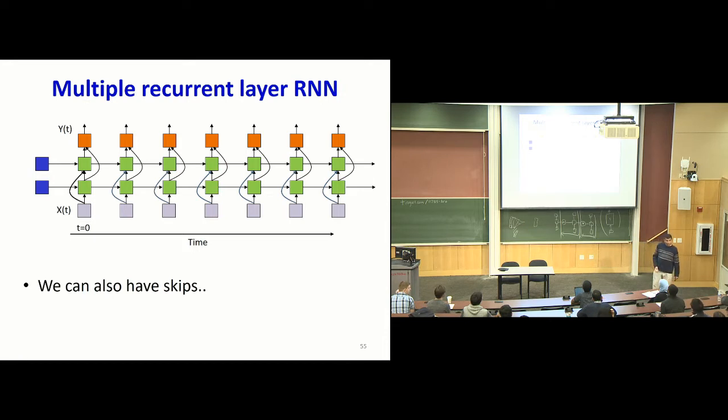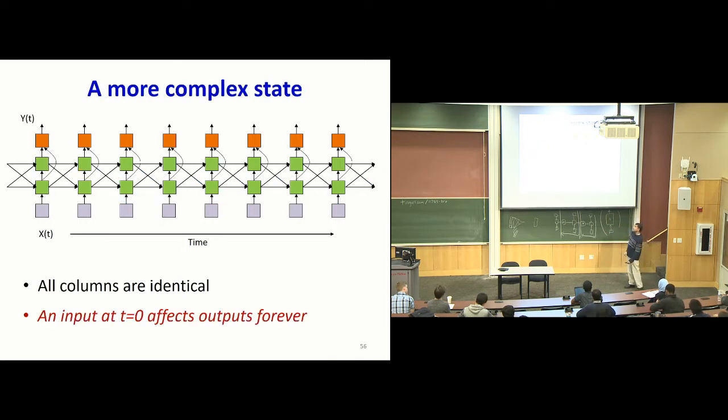Or I can have something of this kind, where I can have skip connections across the neurons, across the layers in my hidden state, and that is also just an instance of this model. All that happens is that the connections are a little more complex inside this block, right? Or I could have something like this, which is also just an instance of exactly this model, where I have an input going into a hidden state, except that the hidden state is now far more complex, and it has multiple layers of neurons, and the manner in which these neurons are connected to one another is a little more complex, but the basic idea remains the same, right?